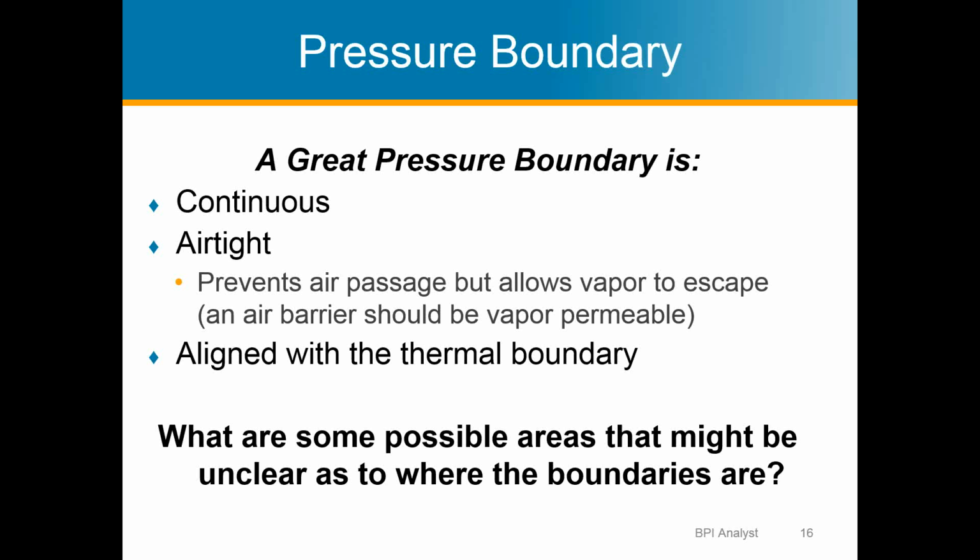We always want our pressure boundary to be aligned with the thermal boundary. So that is, the air stops maybe on the side of the drywall. On the other side of the drywall is our insulation. That's what we're talking about with pressure boundary aligned with our thermal boundary. That is the most effective way to build, and that is what you always want to see. And on the airtight piece, there's several things going on, and we'll talk more later, but